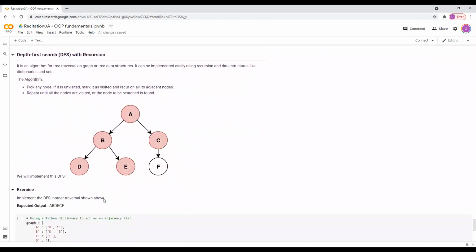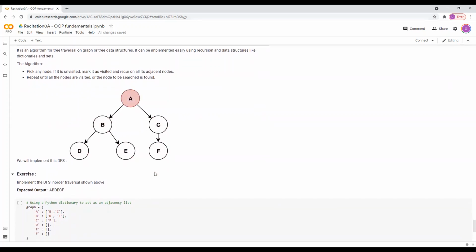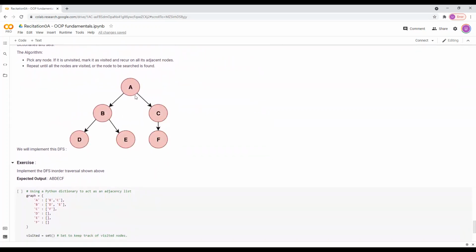Most of you might be aware of the depth first search. Basically, you go to the left and then through the root, you go to the root, you go to the left, go to the root, go to the left, and keep on repeating it till it's complete. And then you traverse the other path. That's what will happen here. It will go from A to B to D, then E, then A to C to F. So the output that we're looking for is A, B, D, E, C, F.